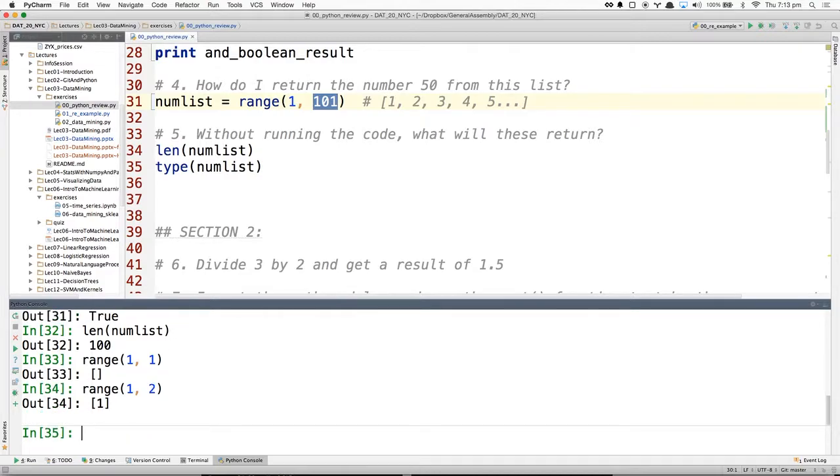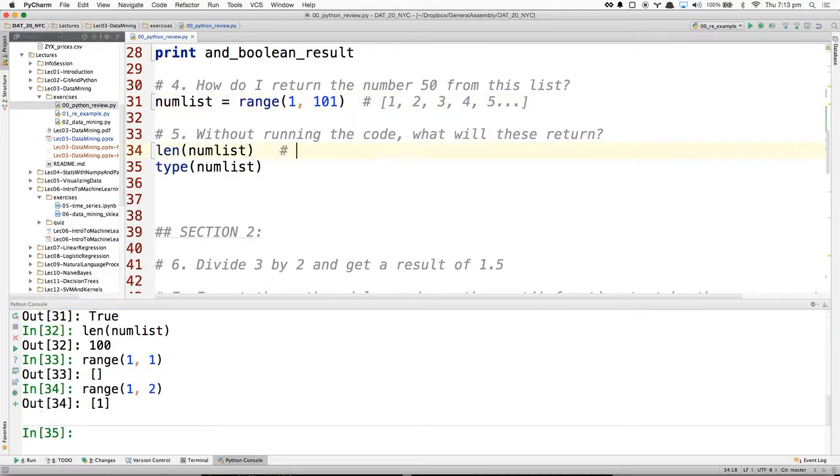So if I do range 1 to 2, it's not inclusive. So I should basically put a note. Ranges are not inclusive of the second operand. That's why the length is 100.